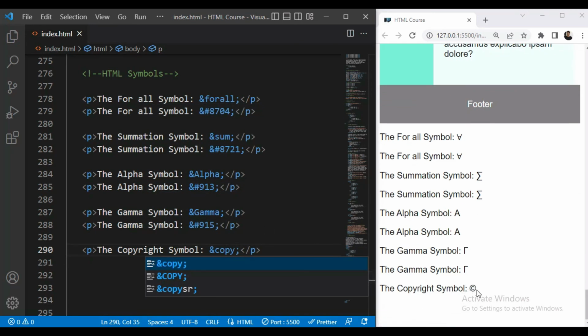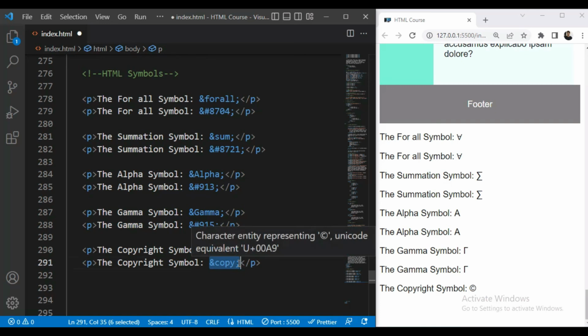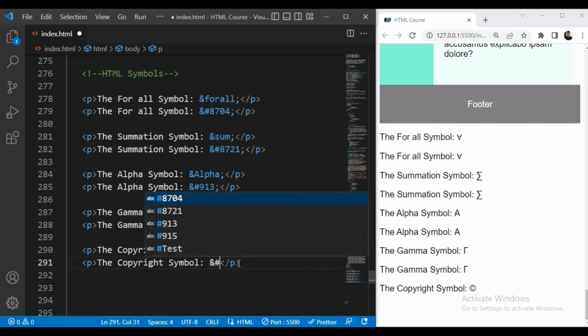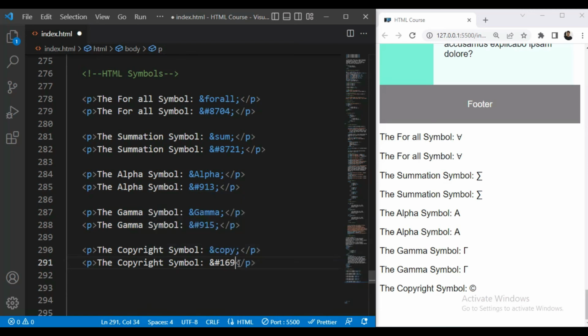You can see the copyright symbol, and then we'll see with the help of number. The number is &#169; semicolon. So these are a few symbols. There are many symbols that are supported by HTML. So these were the HTML symbols.